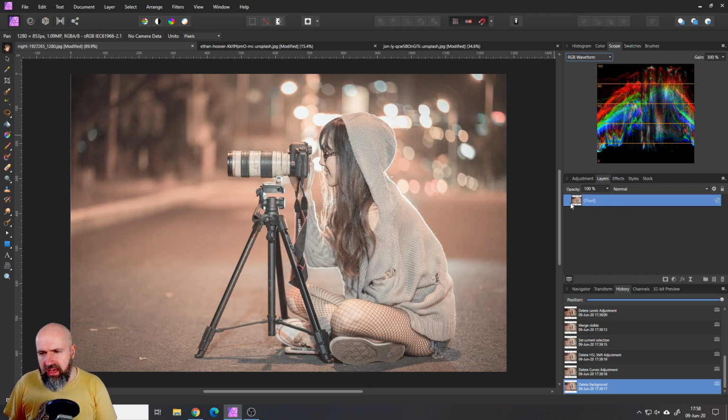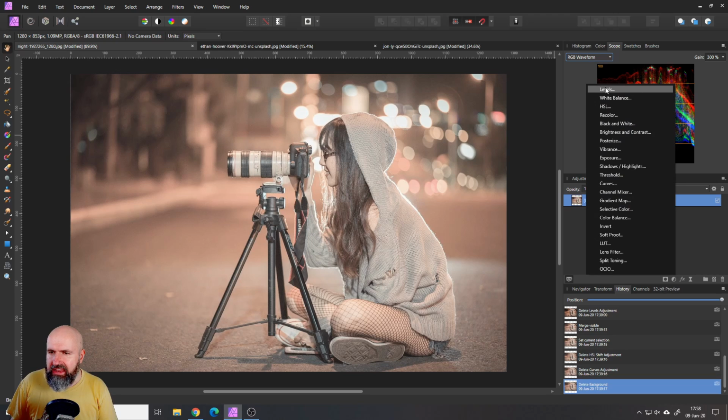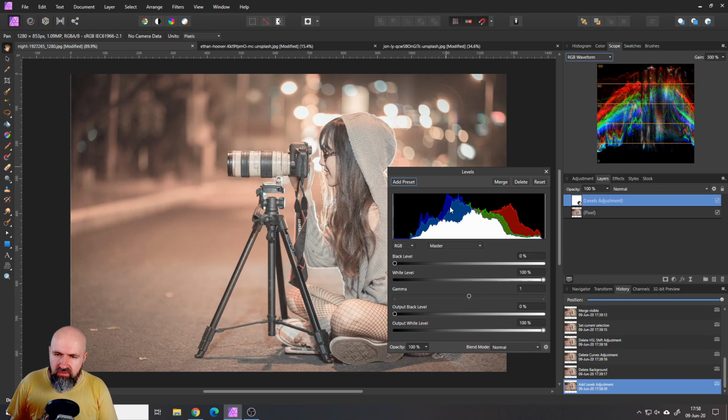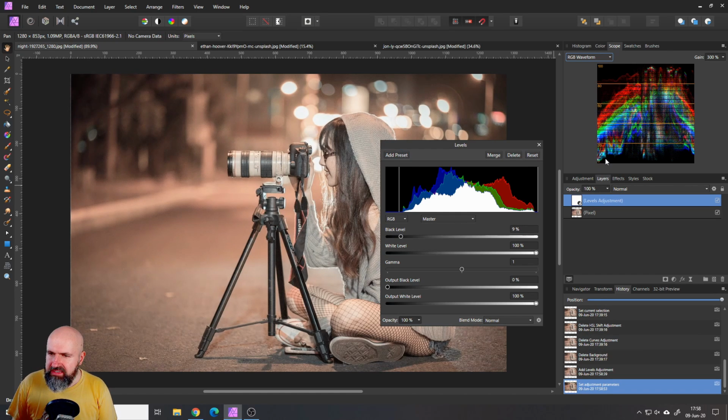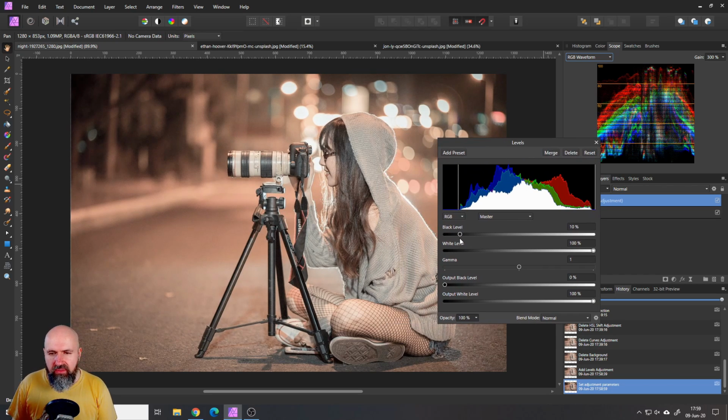Okay, the first thing I would like to suggest to you, for example, is to go to Adjustments and Levels. And here, first of all, you get a histogram, which is really useful, where you also get the color channels. But now watch the difference. When I move the black level to the side, you can see that this is going down and gives me a really good understanding of what is going on. So you can see also in the picture, now the areas are getting darker if I move this in. But